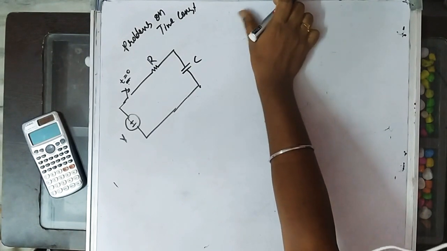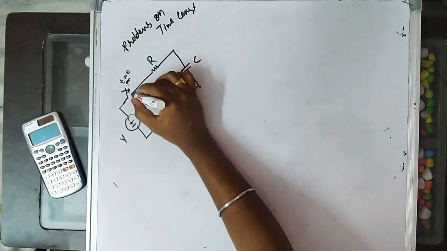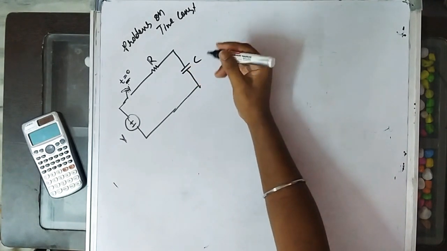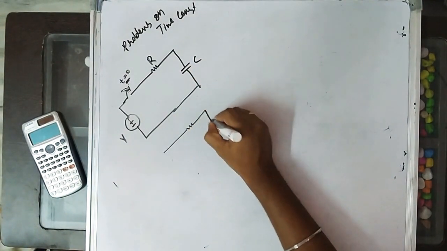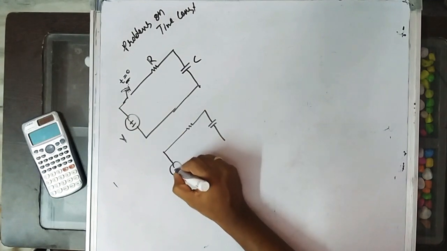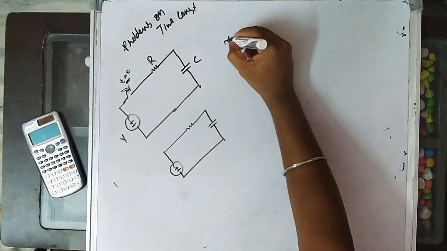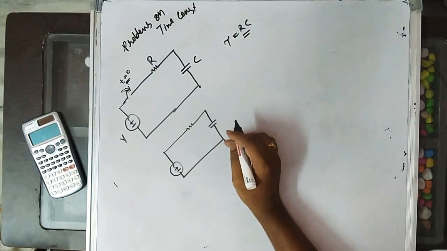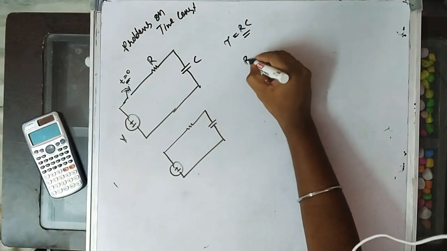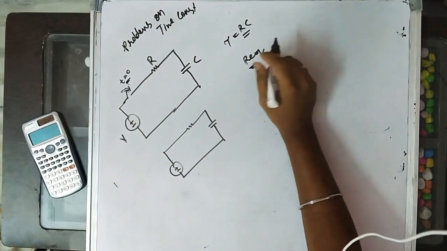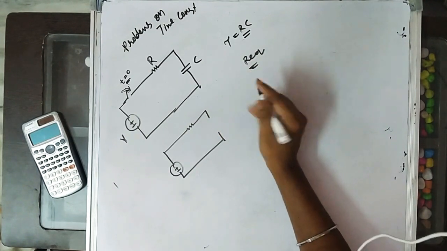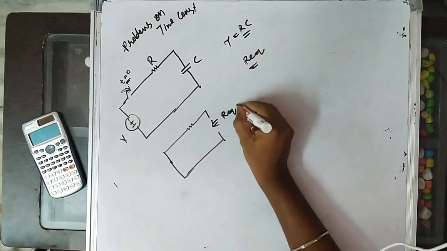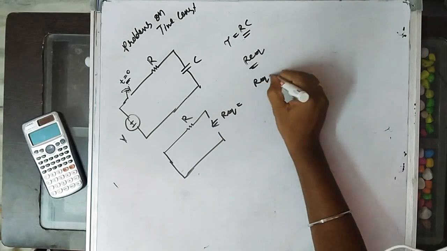That means to find the time constant, we need to make this switch operate, because only after switching will some response start. So the switch is operated now. Now we need to find the time constant equal to RC. In this method, for finding R equivalent, we remove the capacitor, turn off the voltage source, and see R equivalent. That is, R equivalent equals R.